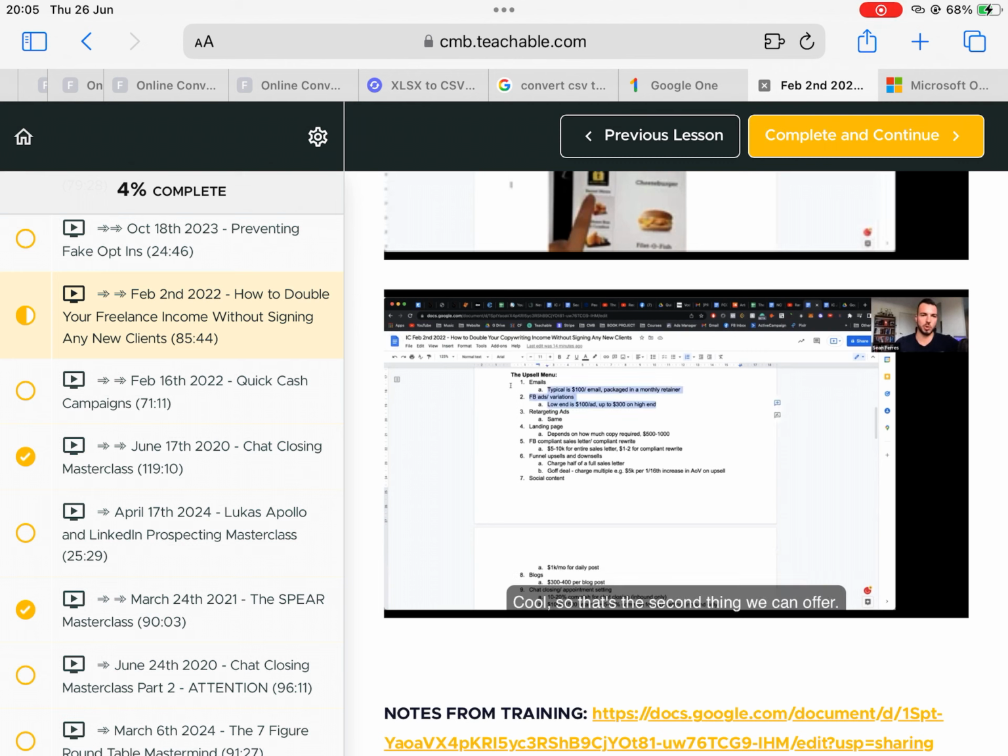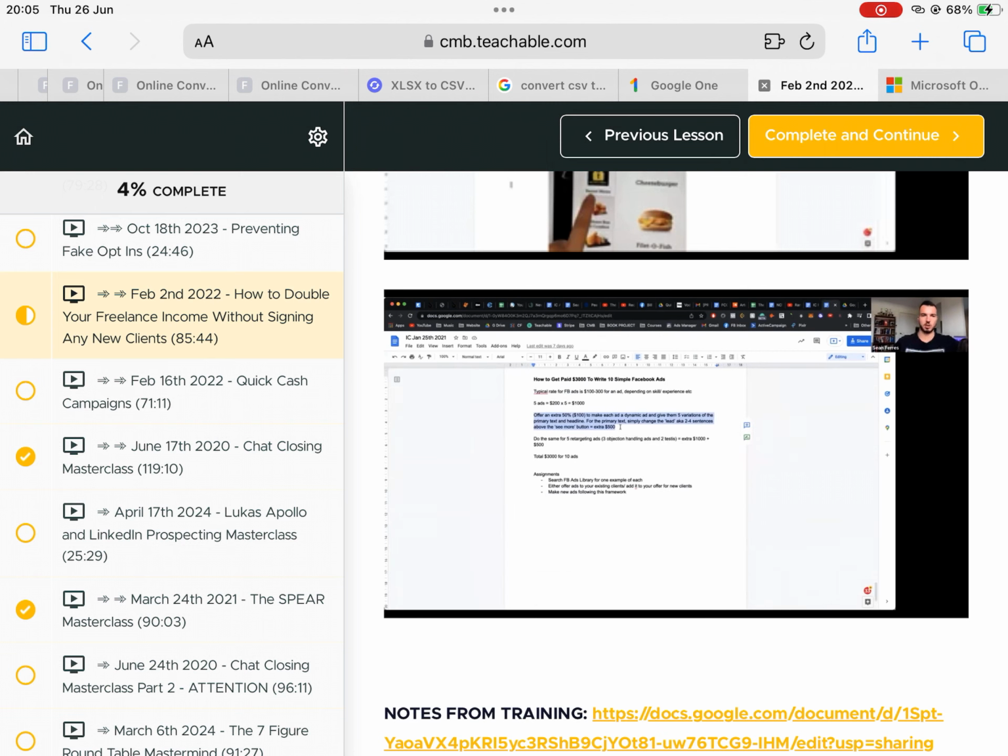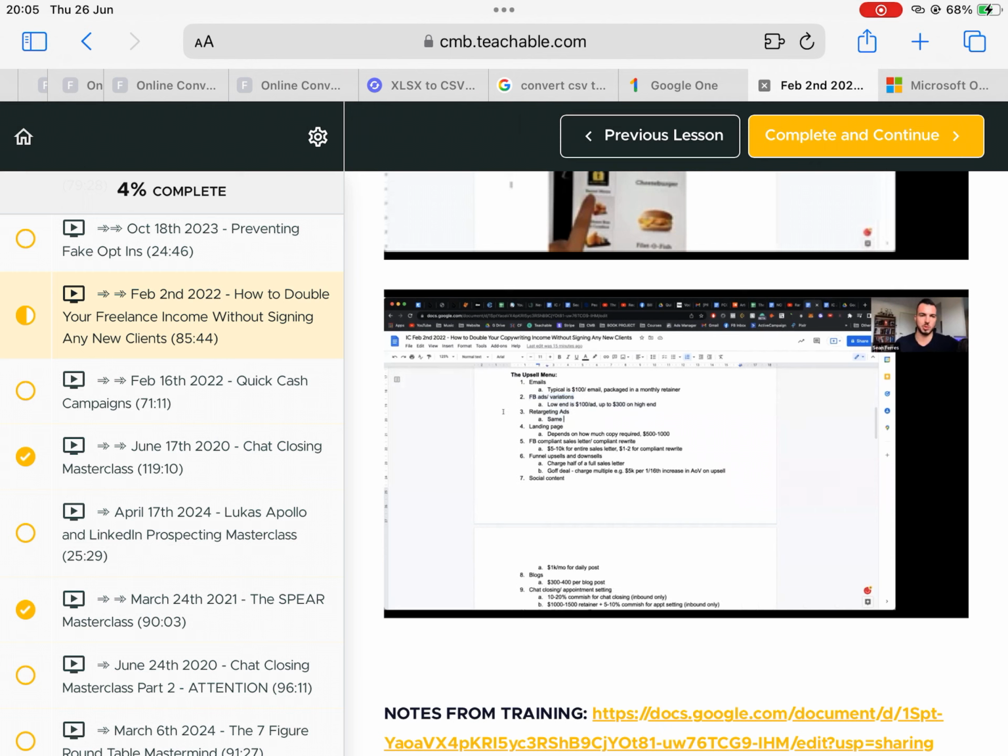That's really all you need to know in there, unless you do copywriters already. So you should be good. Cool. That's the second thing we can offer. If they're already running Facebook ads, you can just make Facebook ad variations. So maybe they have ads ready. Well, you can just do this piece here. We can say, hey man, I will make a dynamic creative version of all of these ads that you already have. So you can just do the extra 500 part if they're happy with the ads they have already. It's another option. Retargeting ads, we just went over that.